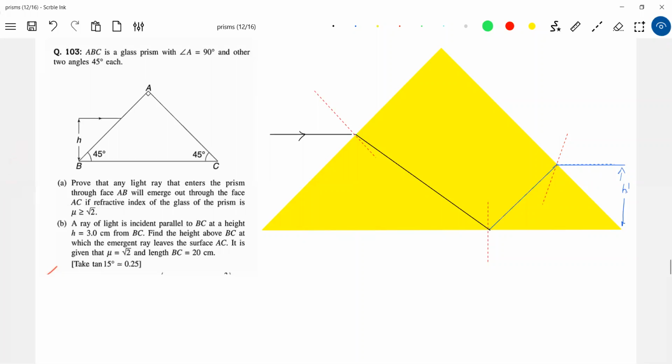Option part A is totally different. Come out of that one. No, part B is what? He has given a specific condition. Mu is √2, and the length BC is also given. Can we proceed now this way? So now we have this H also.